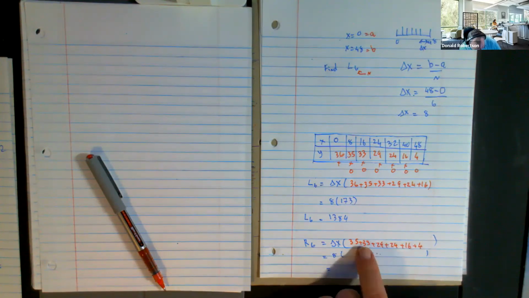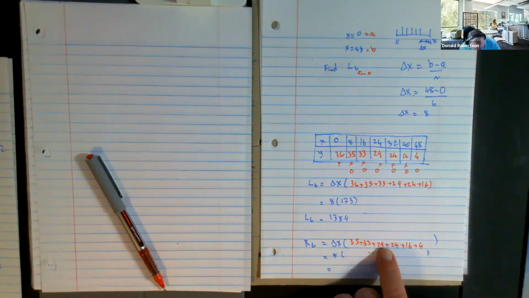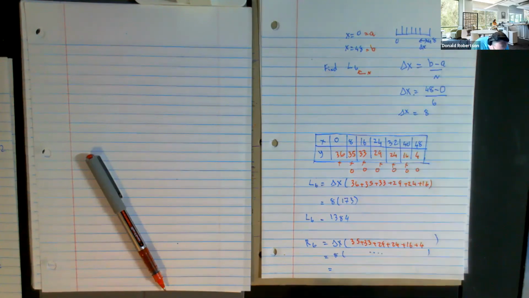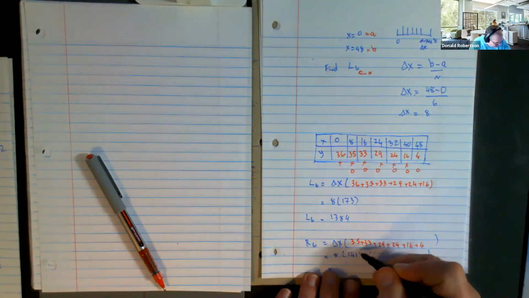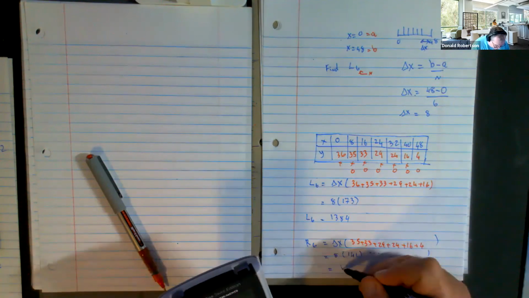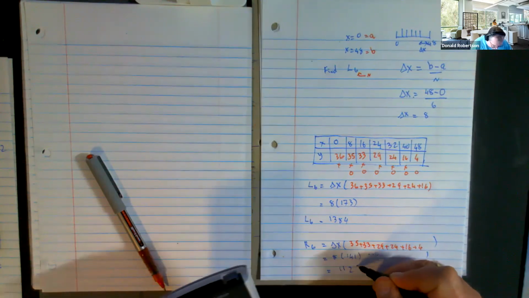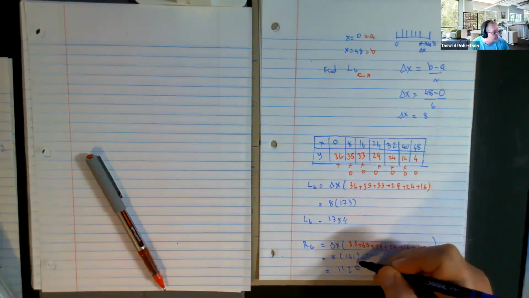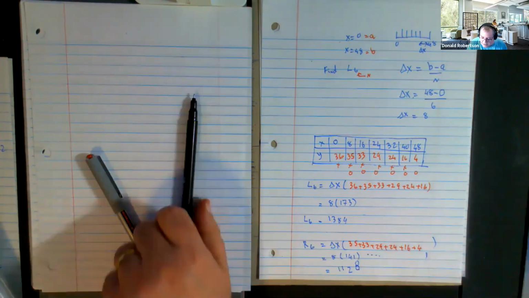Okay, let's do it. 5, 8, 17, 21. Yep, you're right. I'm wrong. It ends in a 1. And so we have 8 times 141, and that is 1120. Oops, 1128. Now I'll return back to that picture,